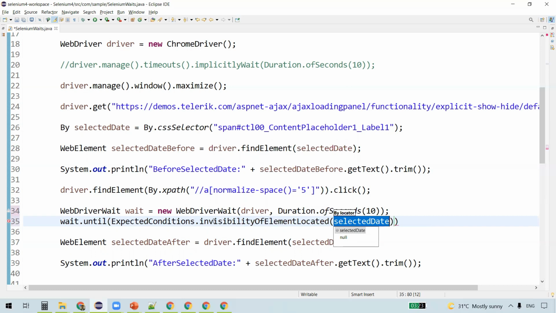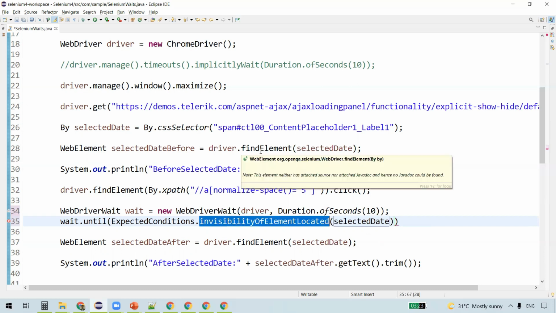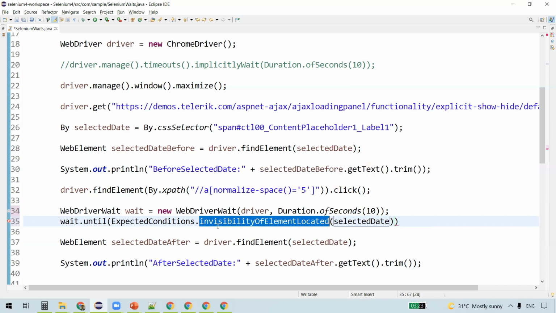So usually we use visibilityOfElementLocated, which means the presence of the element located. Once this element is found, then come out, or wait till that particular element is located. But here, if you observe, I am taking invisibilityOfElementLocated, meaning I wanted to wait until whatever I specify here is invisible, right? So what should be invisible for us? That loader. By dot